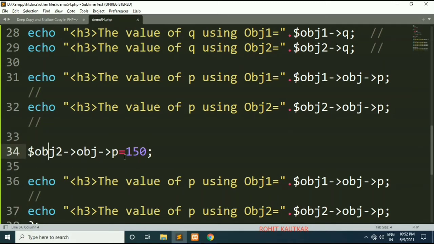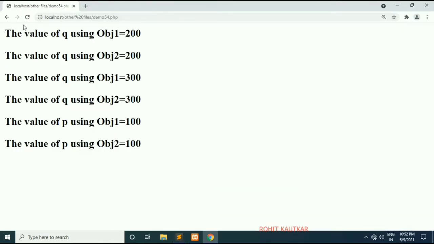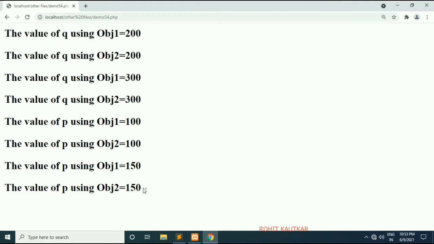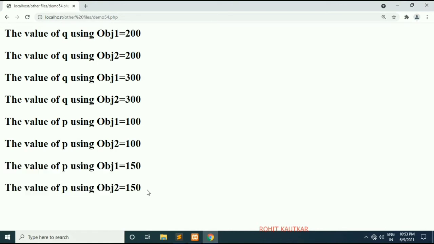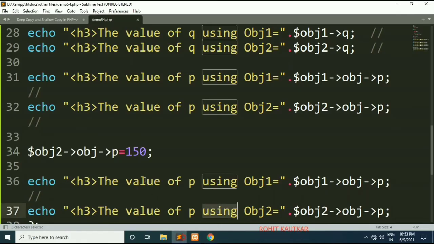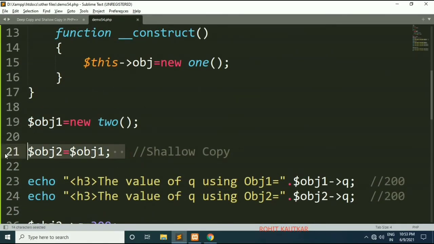Friends, I have modified the value of P through object 2, but as object 2 is a shallow copy of object 1, it will also get reflected within object 1. So both of these statements will give us value 150. If I refresh, you can see both objects are giving the same value, that is 150. This is what happens in case of shallow copy, which we have done with the help of the assignment operator.